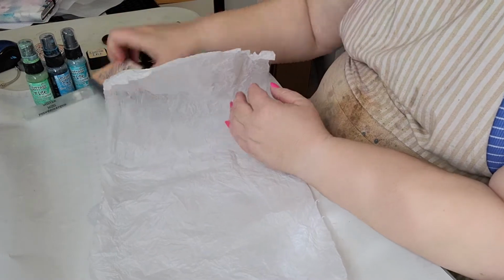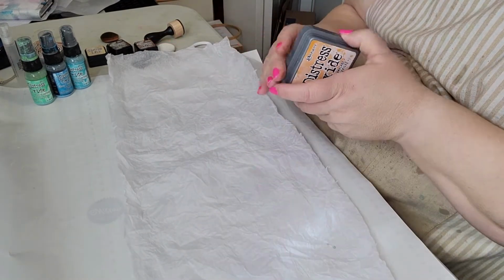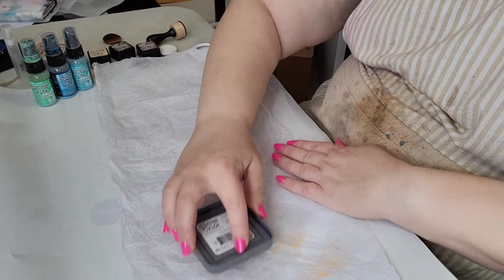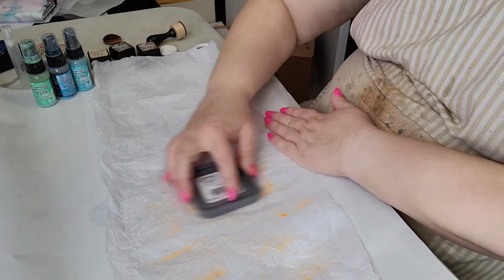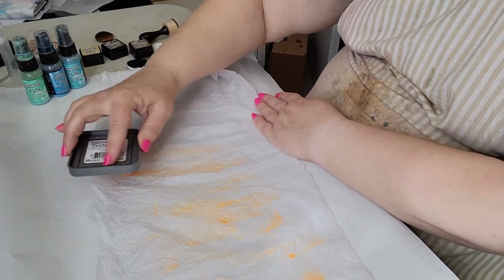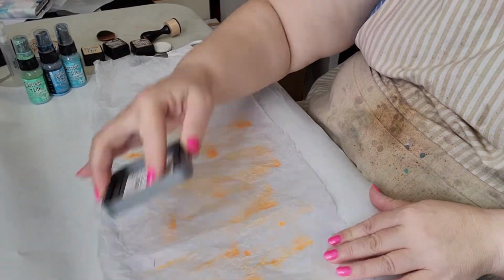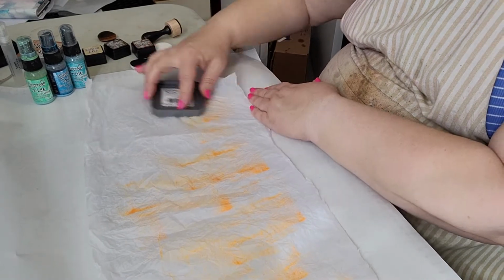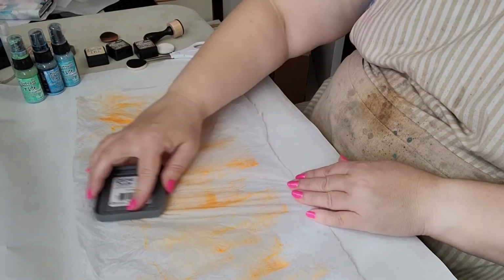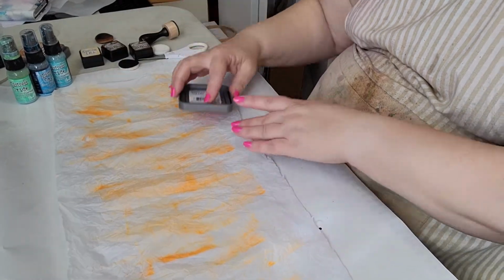Now I'm going to start with this orange. And because there's nothing on here yet, I'm not worried about contaminating this pad. So I'm just going to take it and I'm just going to put it in random spots. I'm going to layer this. I'm just going to randomly put some spots darker than others. More pressure, and I'm just going to